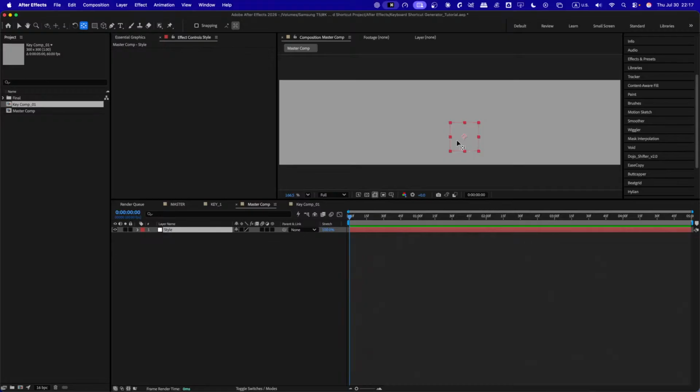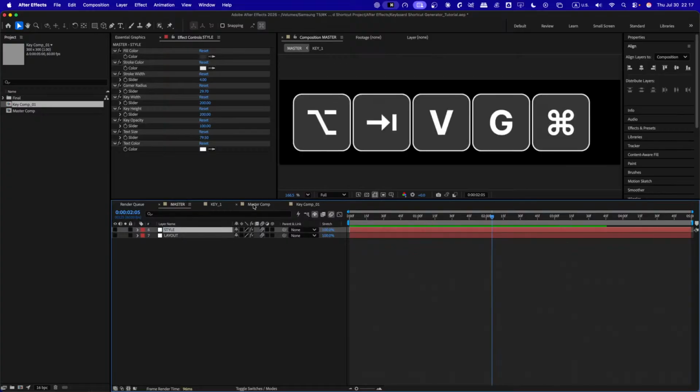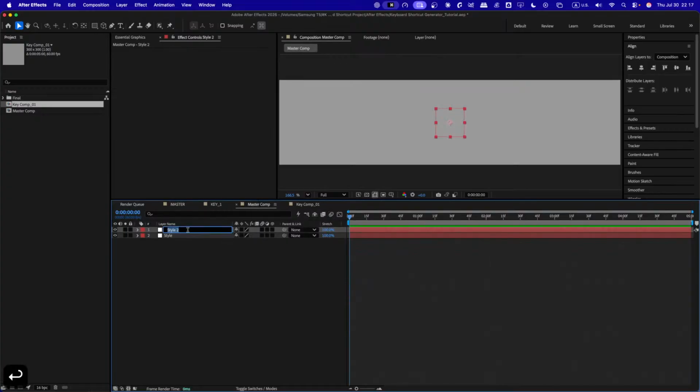So I'll click V and then I'll align it to the center. Now I'll duplicate this layer by pressing command D and I'll name it something like layout. Alright,